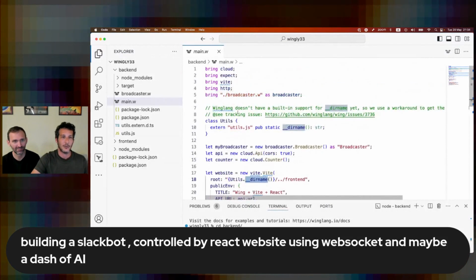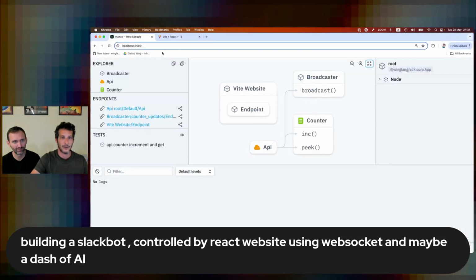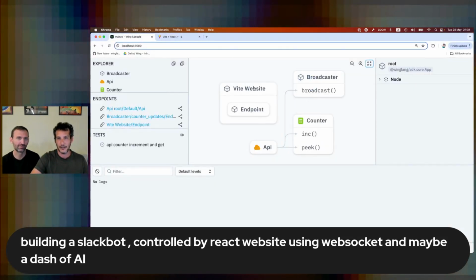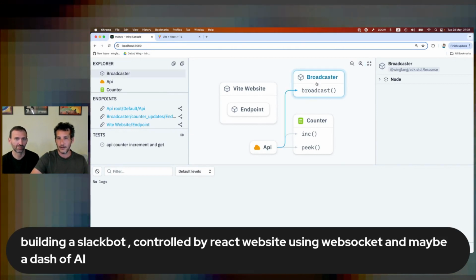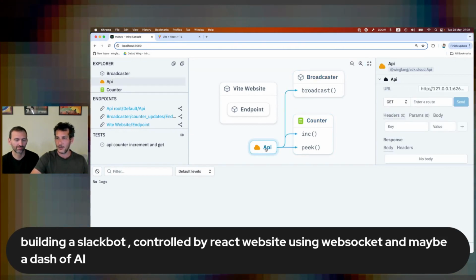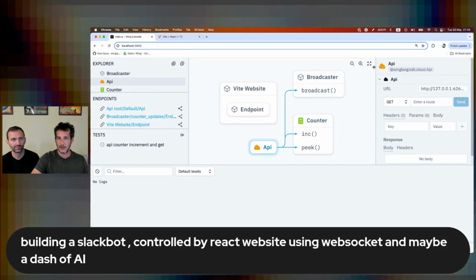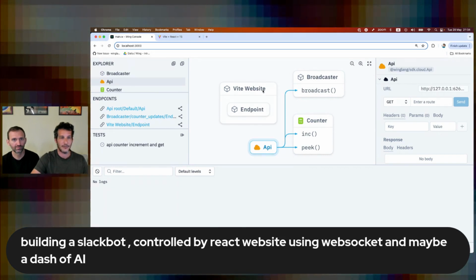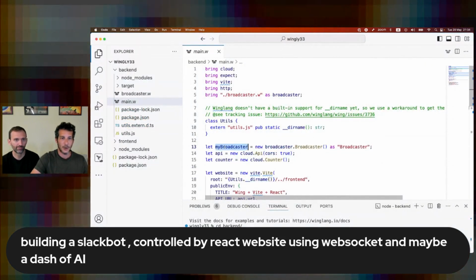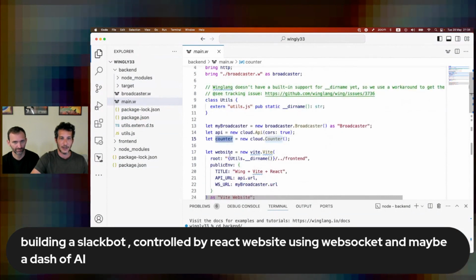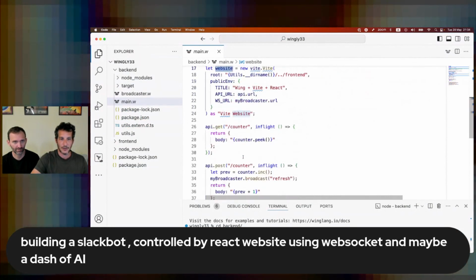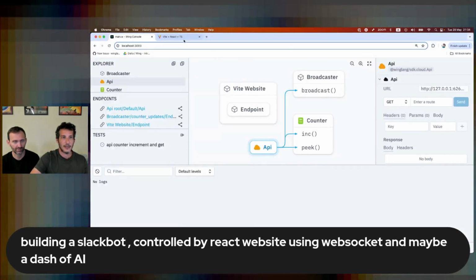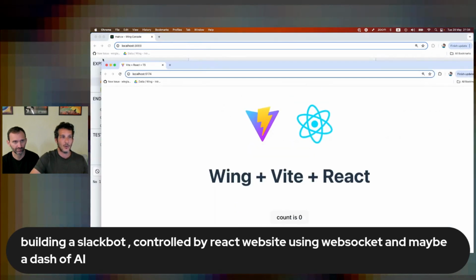So what do we have here? We can take a look over here. We have a Vite website, a broadcaster, a counter, and an API gateway. So four things: a broadcaster, an API gateway, a counter, and a website. Great. And I think the way the website works